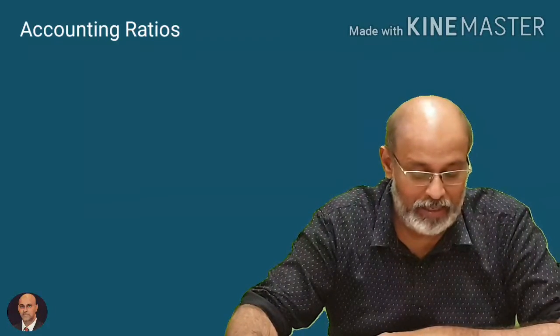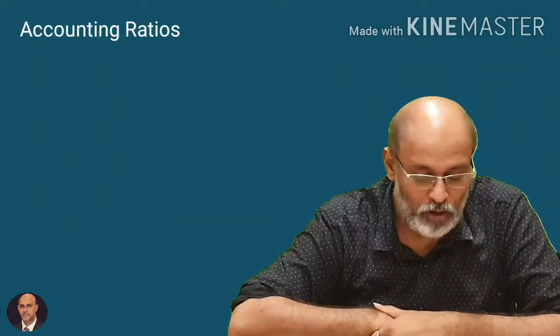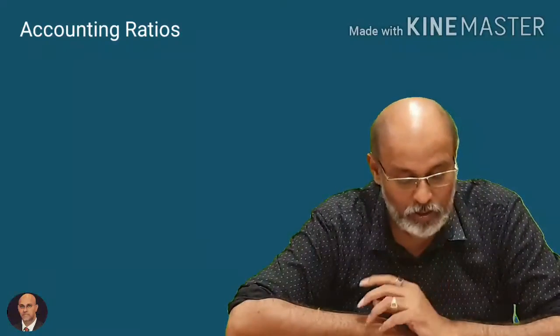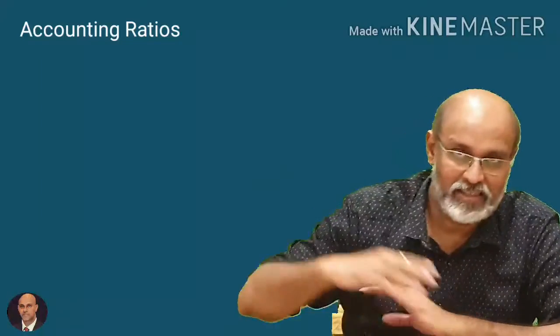Now the debt which they have got, the debt is nothing but 1 lakh minus 50,000. So debt is how much? 1 lakh minus 50,000. 1 lakh is your total debts and 50,000 is your current debts. So your debt is equal to 50,000. Now your shareholders funds is nothing but your total assets minus your total debt. Your total assets is 1,25,000.